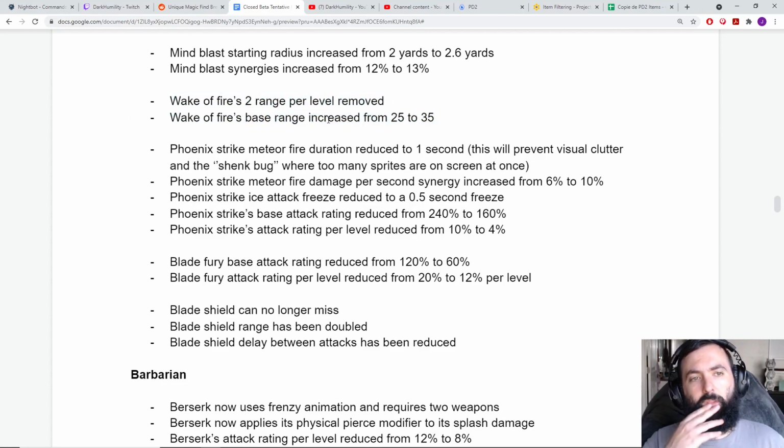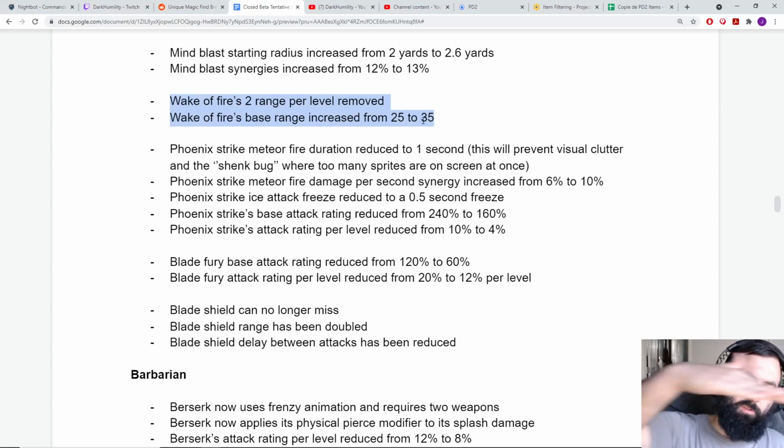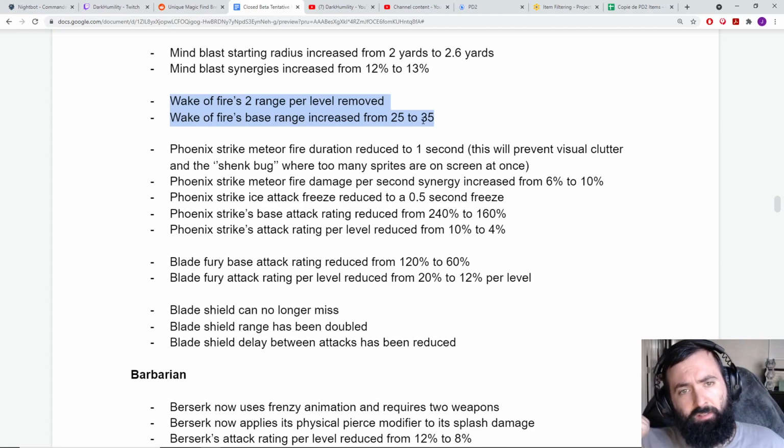Okay, so... Alright. So, basically the range. This is what I thought was the problem too, is the fact that it basically covered the whole screen and even past the screen. The base range is higher though. But that means that at level 20 you're going to have 10 less range, at least theoretically. At least that's the idea. At least if it's base. I don't know if this was on scalable skills or not, but at the very least...